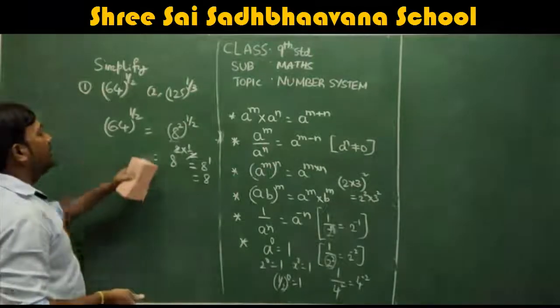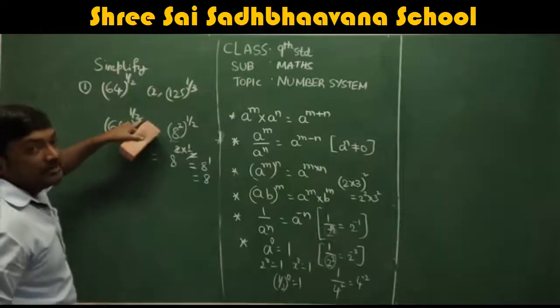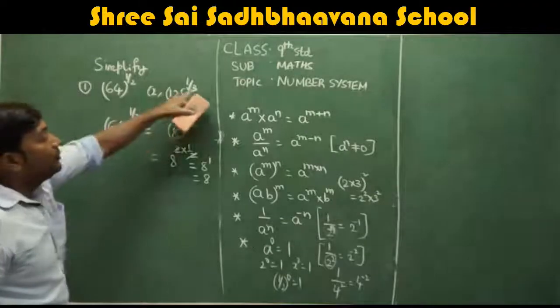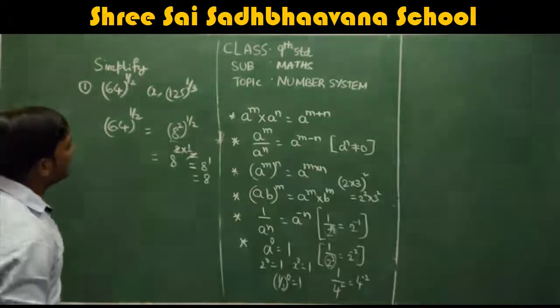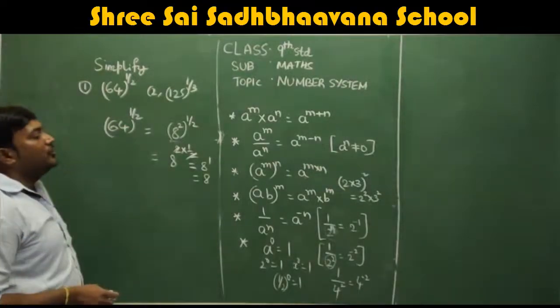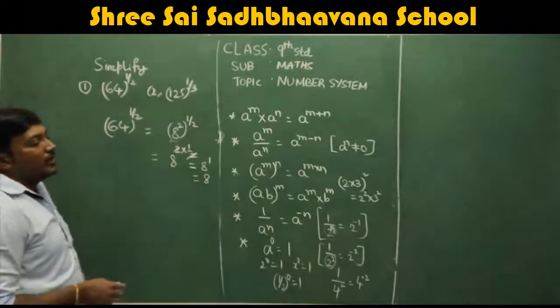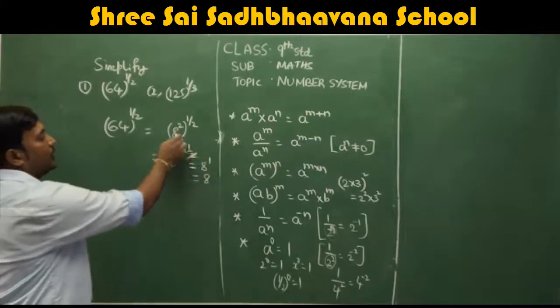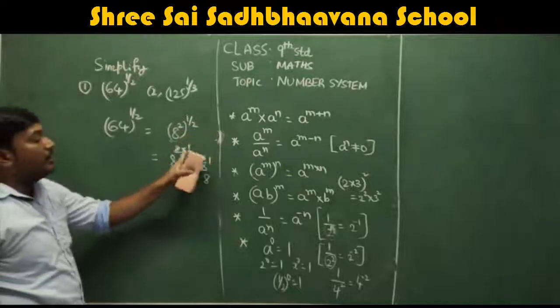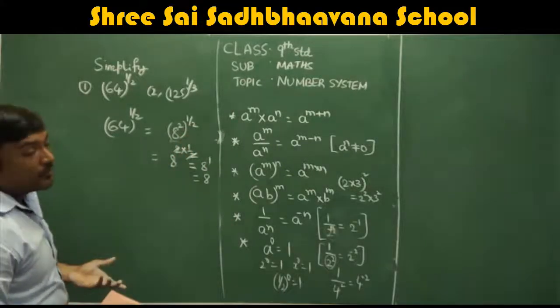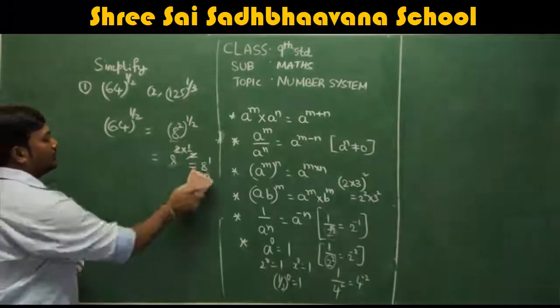So, instead of doing that, you can write just, here 2 is there, so go with the square. If cube is there, you will go with cube. Okay. So, it will be easy to cancel. That's the reason I have taken 8 square whole power 1 by 2, which is using the formula a power m whole power n. 8 square whole power 1 by 2 can become 2 into 1 by 2. Powers will get multiplied. 2 will get cancelled. You will get 8 power 1 as 8. So, 8 is the answer.